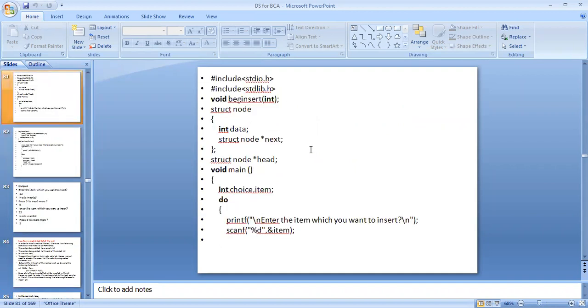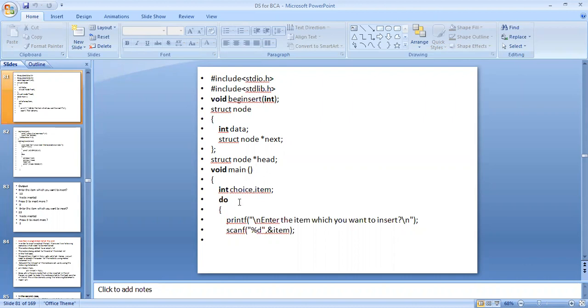Here is the program. So include stdio.h, include stdlib.h. Then void begininsert, that is integer, semicolon. Struct node, integer data, struct node star next, semicolon, complete, struct node star head.